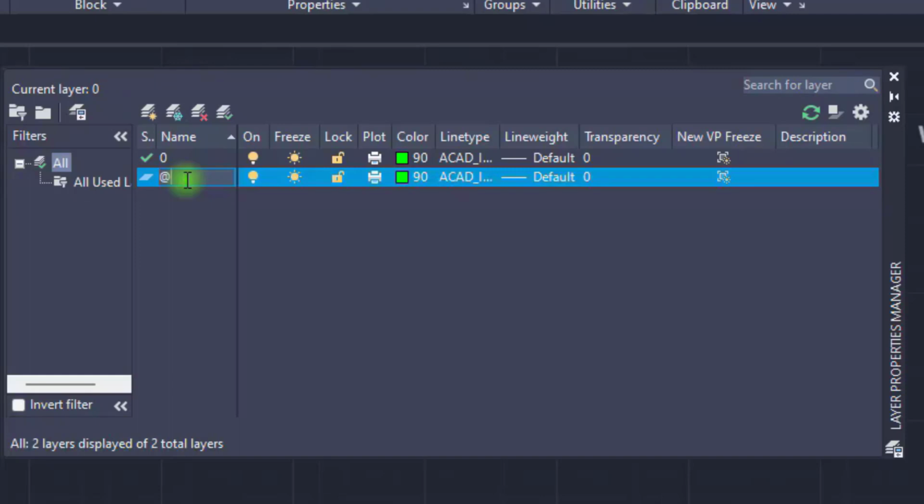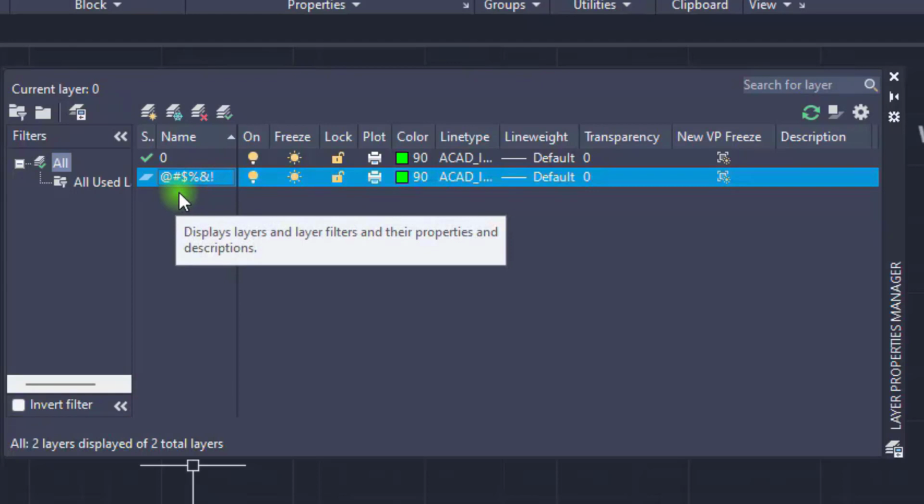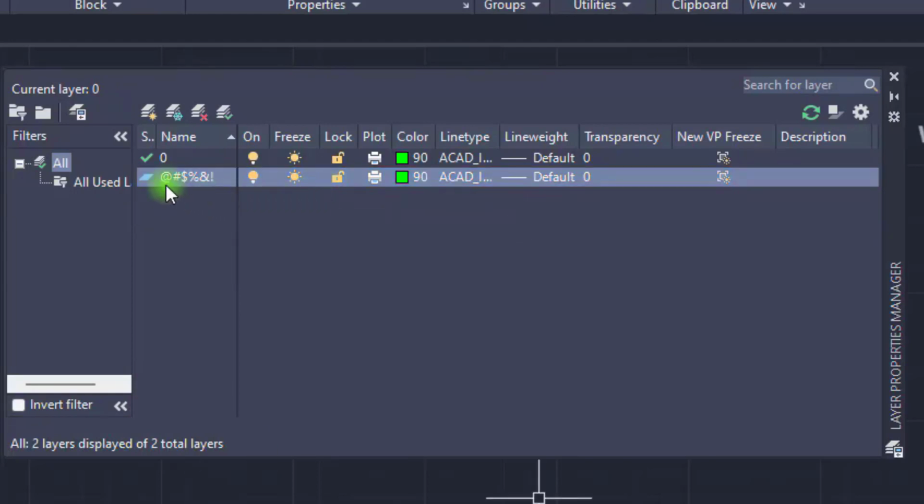You can give the @ symbol, hash symbol, dollar symbol, percentage, ampersand or exclamation marks. If you give this type of name and click outside, it will take it, but it won't take question marks or something like that.